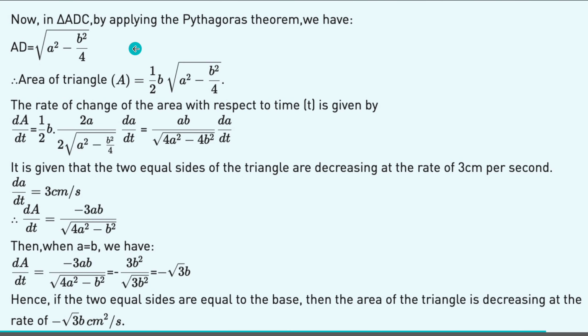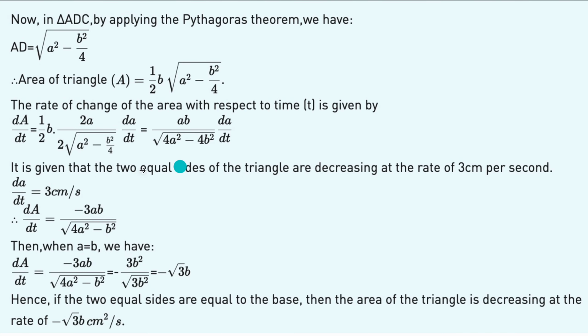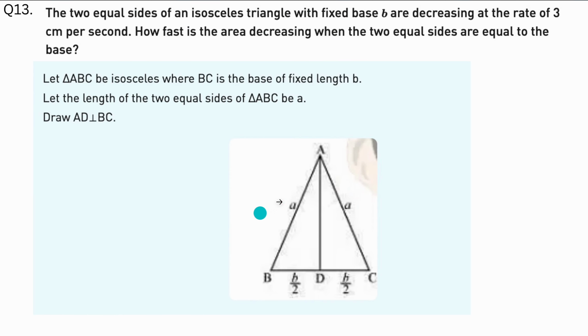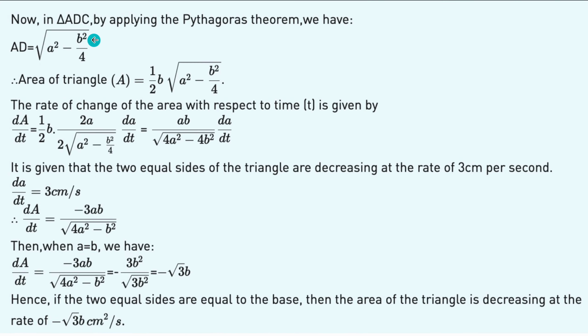Now in triangle ADC, where is triangle ADC? See, ADC. In triangle ADC, we apply Pythagoras theorem. So what will we get? We get AD is equal to under root of A square minus B square by 4. The area of the triangle, we know, is half into base into height, and AD here is the height of the triangle. So substituting all these values,